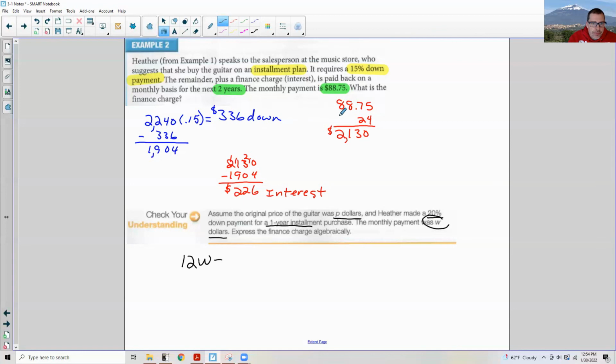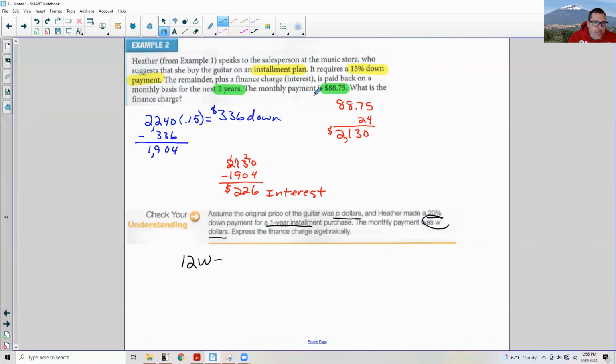We found out how much the guitar was after paying a certain amount down, and then we subtracted that from what we paid. So here's what we're going to pay, W dollars for a year, and then we're going to subtract